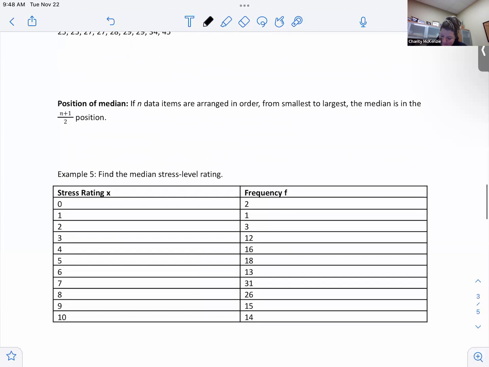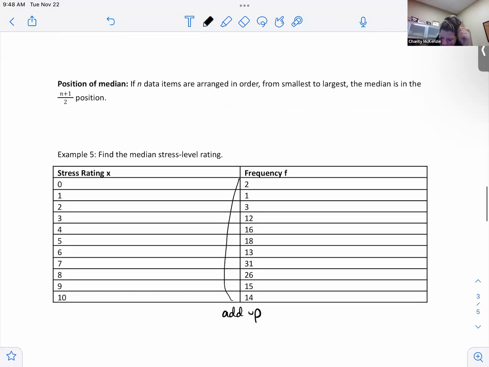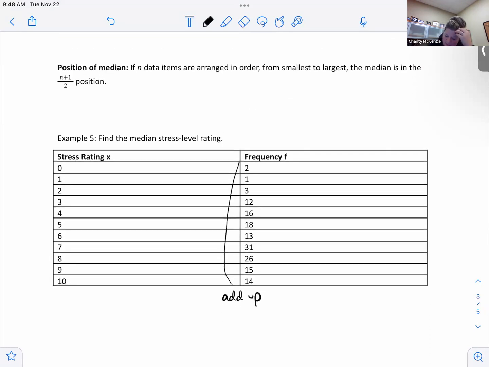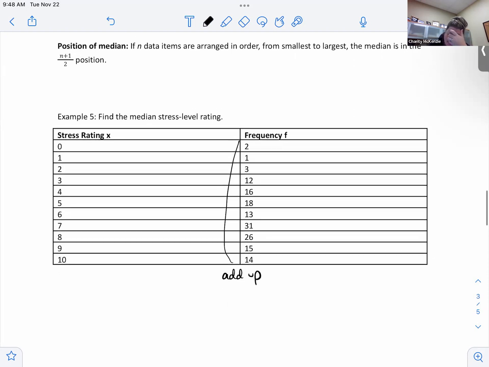All right. Let's just switch to that same chart. Oh no. How are we going to do this? Well, what we're going to do is we're going to add up how many numbers there are and visually slash our way to that middle, right? So for example, if we had 20 numbers, we know there's got to be 10 and 10. So we're going to add these up. And I think it said the median is n plus 1 divided by 2. Yeah, it kind of gives you that. I'm going to leave that right there.